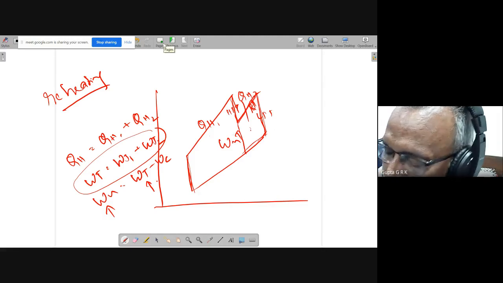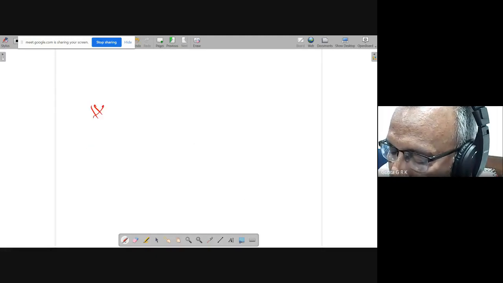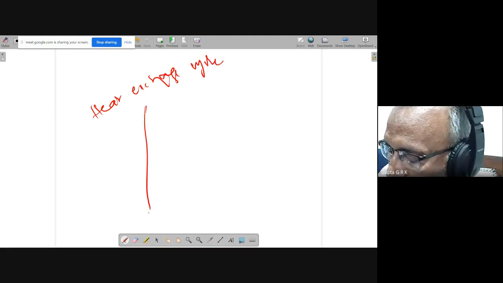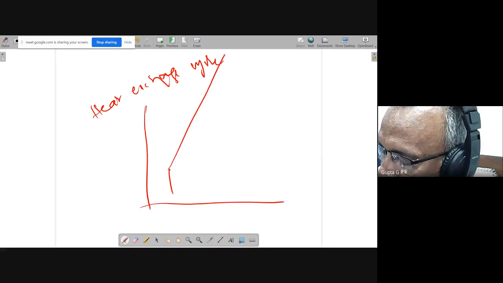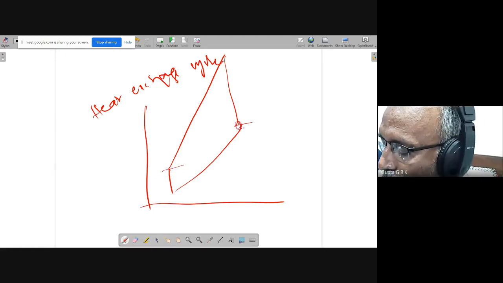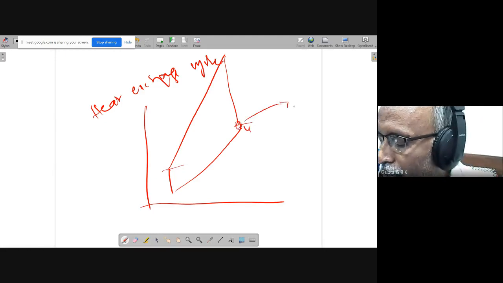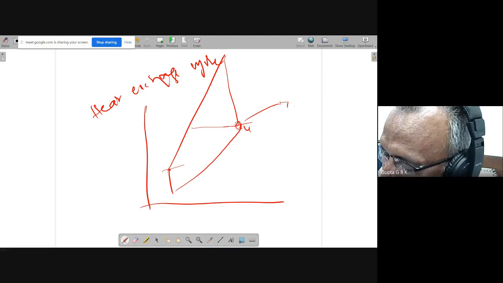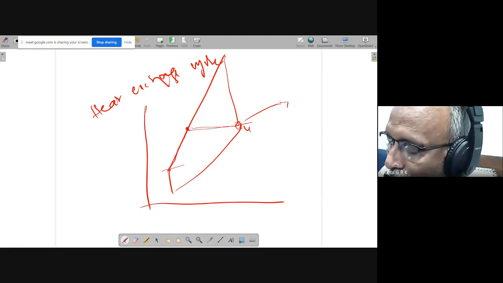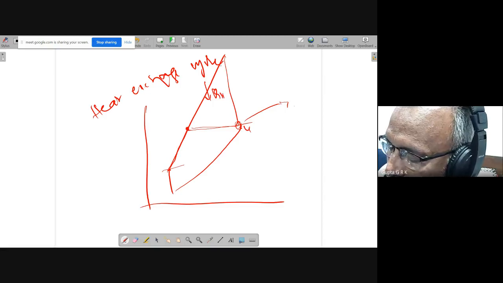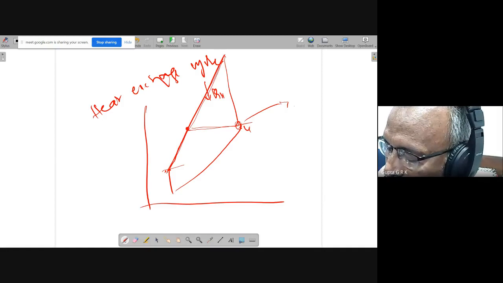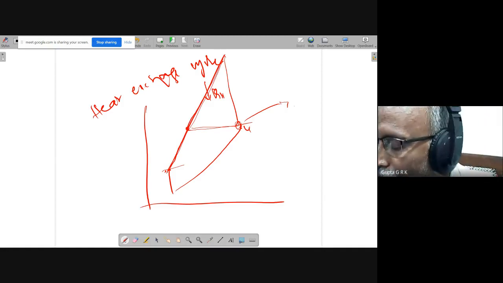And then coming to the heat exchange cycle. As the pressure ratio increases, the difference between this and this increases. So this is the temperature which I am losing to the atmosphere. If that is used, because this is very small, and I can increase this temperature up to here, then my QH can be reduced. So instead of this whole thing, I can have only this much. In that way, QH can be reduced.